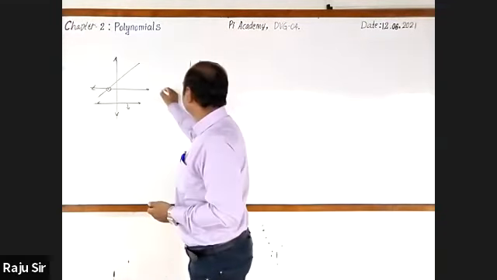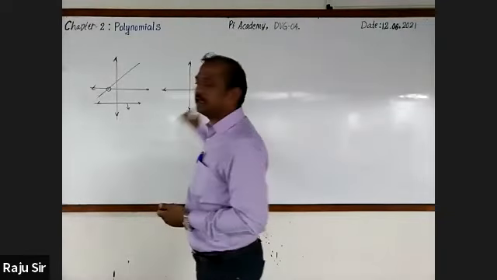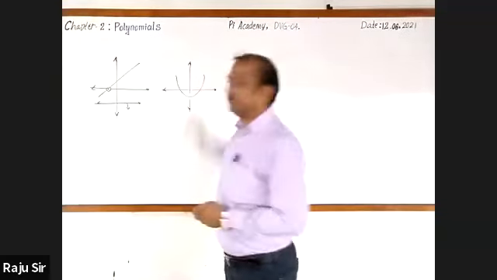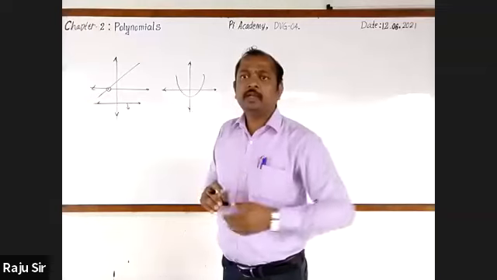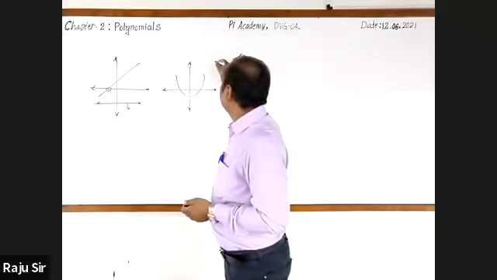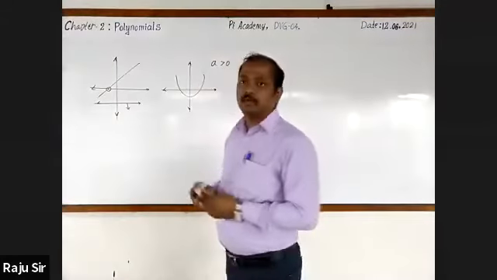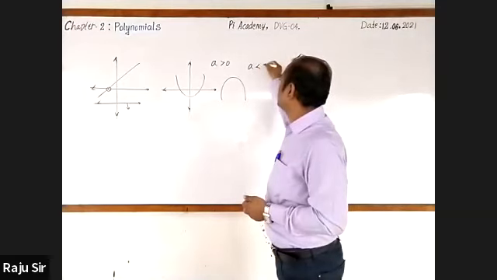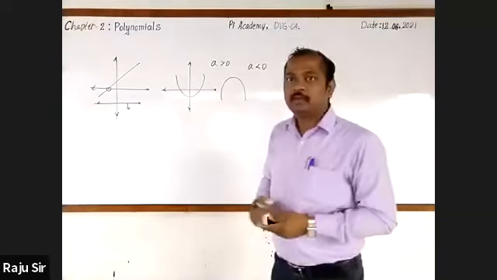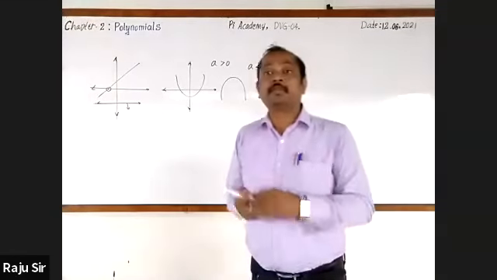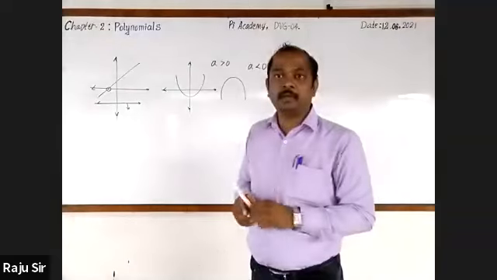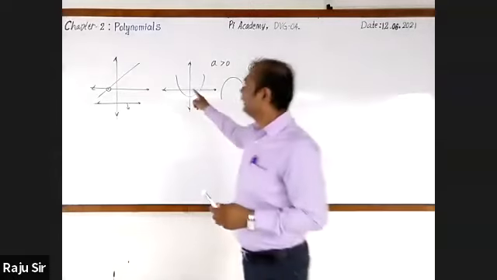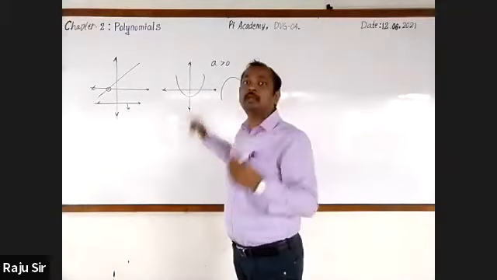Similarly, with respect to a quadratic polynomial, its nature is a parabola. It may be upright or inverted. If it is upright, it is possible because a is greater than 0. If it is inverted, this is possible if a is less than 0. Then similarly, you can also find the number of zeros of a quadratic polynomial. Same thing, that is the number of points at which it has intersected the x-axis. That will give us information about the number of zeros.